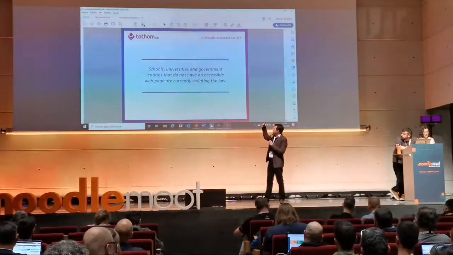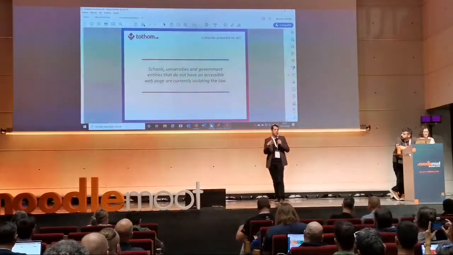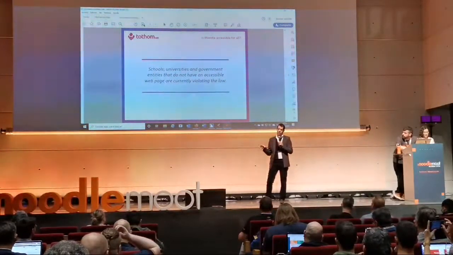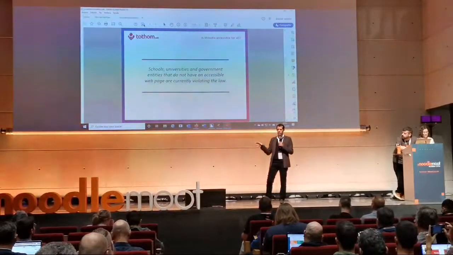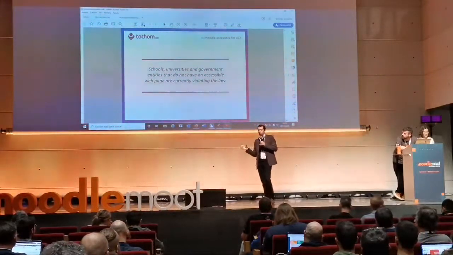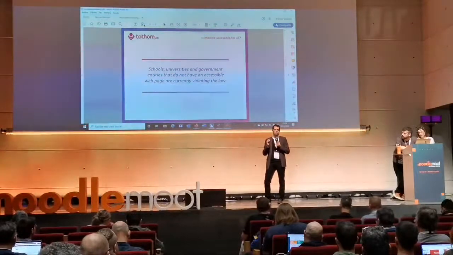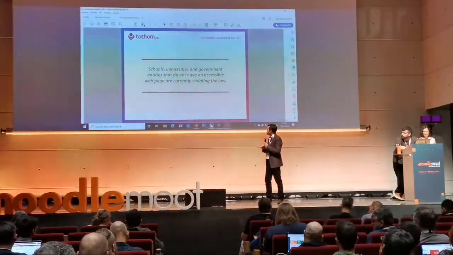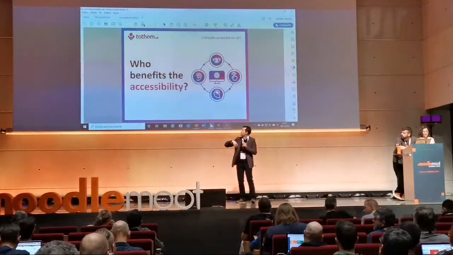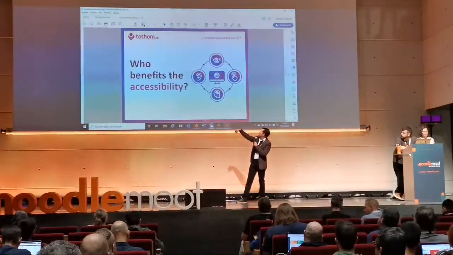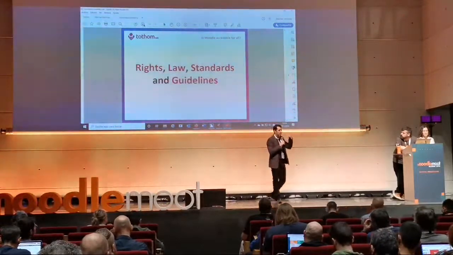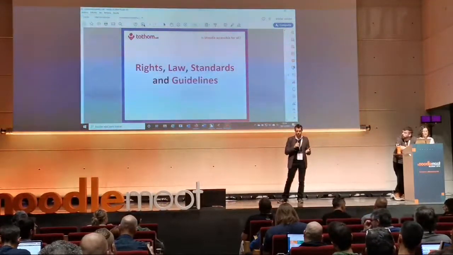And schools, universities, government, public administration must make things accessible. In Europe, in America, all around the world, there are laws making accessibility mandatory for public administration. So, as I said, who benefits from accessibility? All kinds of disabilities. And how do we make things accessible?